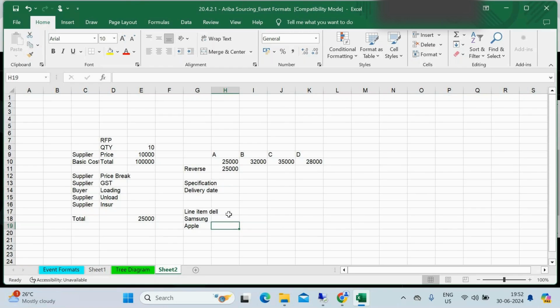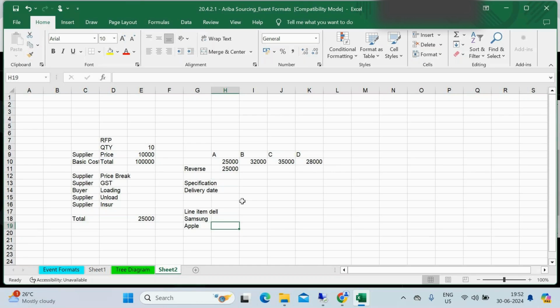So if suppliers vary in price, majorly in some materials, in raw materials or other categories like logistics, there is a slight difference in pricing. But in some cases, like capex materials, there is a huge difference. They have different specifications and manufacture in different ways, so there is a price variation in capex items. For that reason we will do a participant-specific auction. A will put his price, B will put his price, C will put his price, D will put his price.